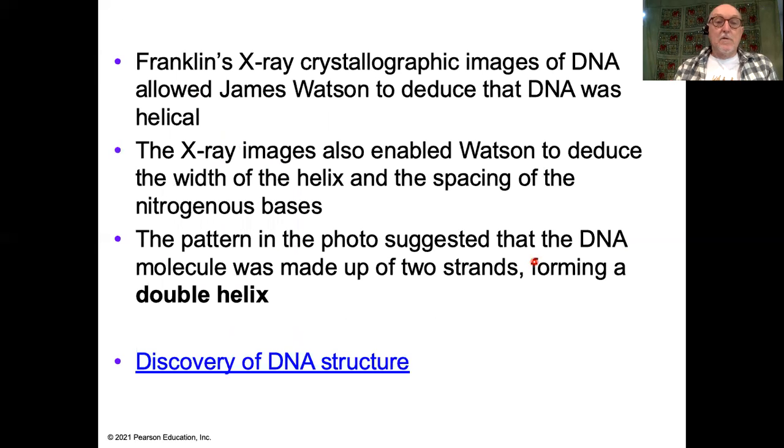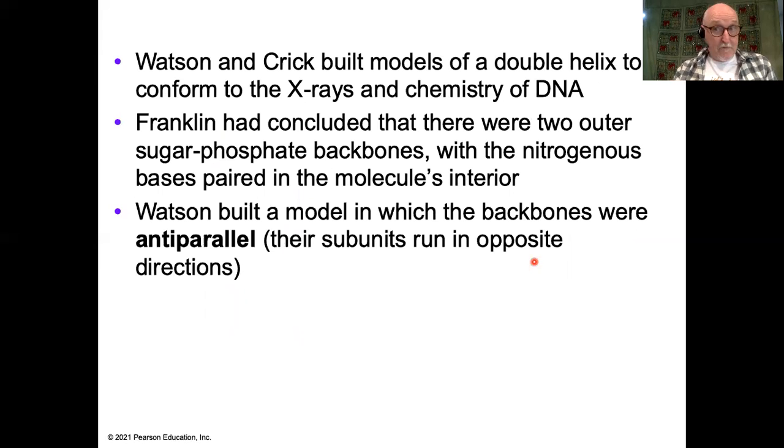The next burst of intuition from Watson and Crick was that the 2 strands of DNA were anti-parallel. Remember, I told you that on the one end we had a phosphate, on the other end we had a hydroxyl group. They reasoned that one strand running that way would be matched by a strand running the opposite direction. So where we had 3' at the bottom of the strand we originally looked at, the matching strand would have 5', and then the opposite at the top. Not only that, they also reasoned